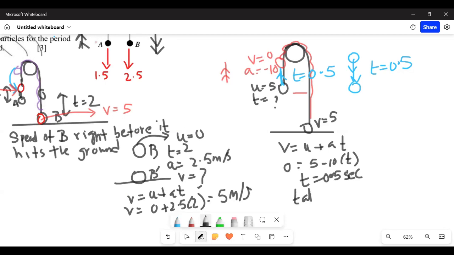सो फिर टोटल टाइम विल बी 0.5 इंटू 2। 0.5 सेकेंड में वो अपनी हाईएस्ट पॉइंट तक गया, और फिर फर्दर 0.5 सेकेंड में वो नीचे अपने पॉइंट पे आ गया। सो ये आ गया 1 सेकेंड।